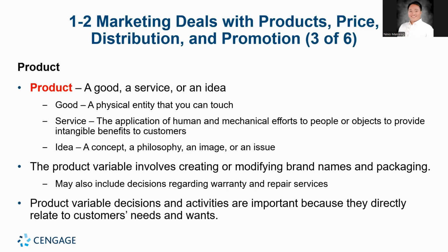Because a product represents what customers receive from a business, marketers must carefully manage how products are presented and recognized in the marketplace. So the product variable involves creating or modifying brand names and packaging. Product decisions are not only about creating the item itself. Marketing also considers branding, packaging, design, and other features that help customers recognize and choose the product. Two products may have similar functions, but a customer may prefer one because of its attractive packaging, trusted brand name,